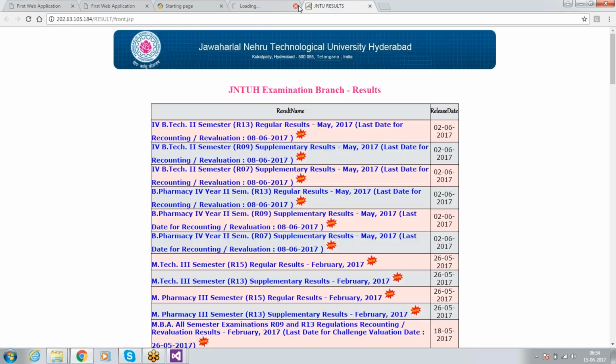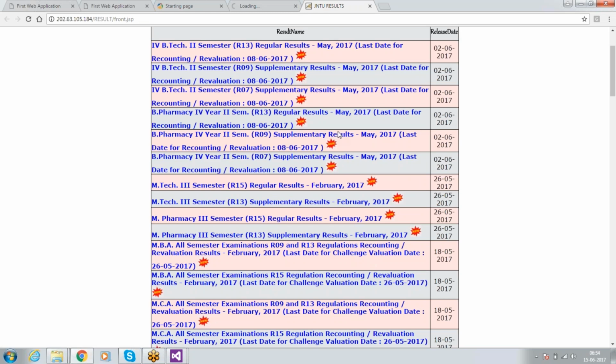It is not mandatory to place a sitemap, but it is a good technique to place a sitemap page.